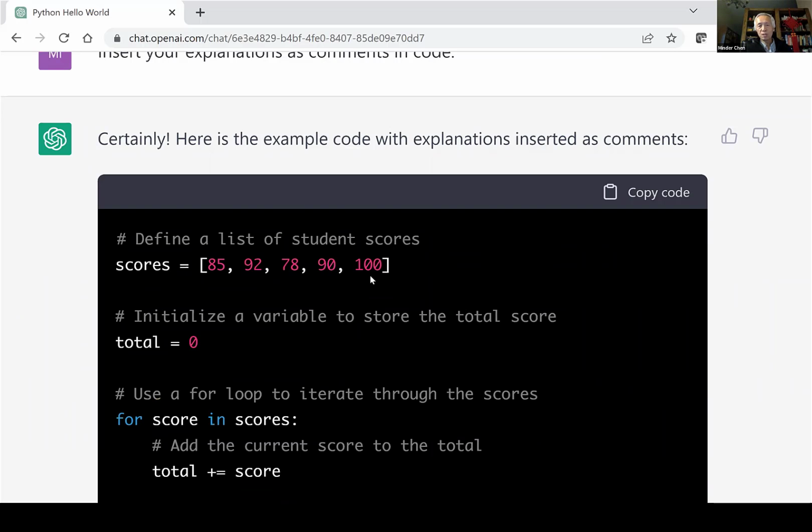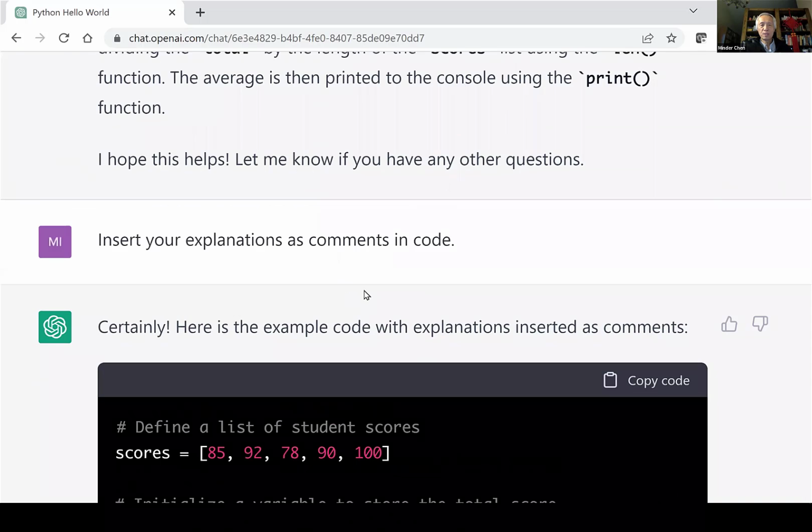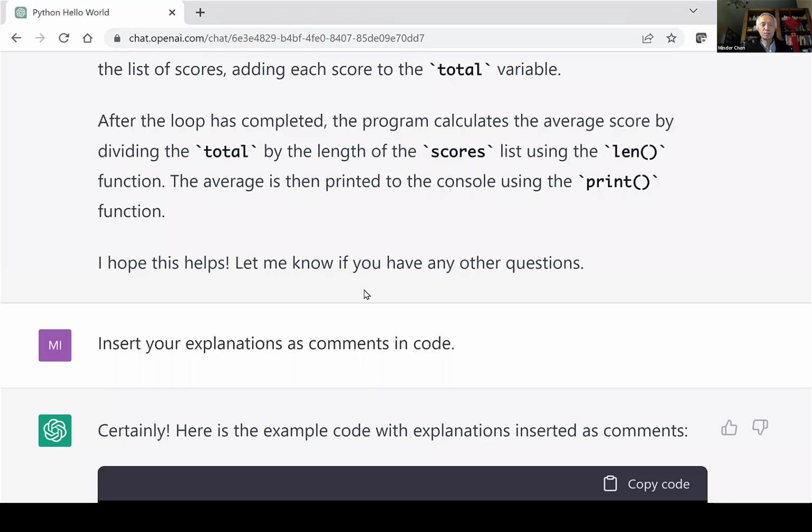They will try to generate the code for you. If there's some error message, you can ask them to debug it for you. And you can ask them to explain the code for you, or a few lines of code for you. And then you can ask them to put their explanation as a comment in your code, so your code will be well